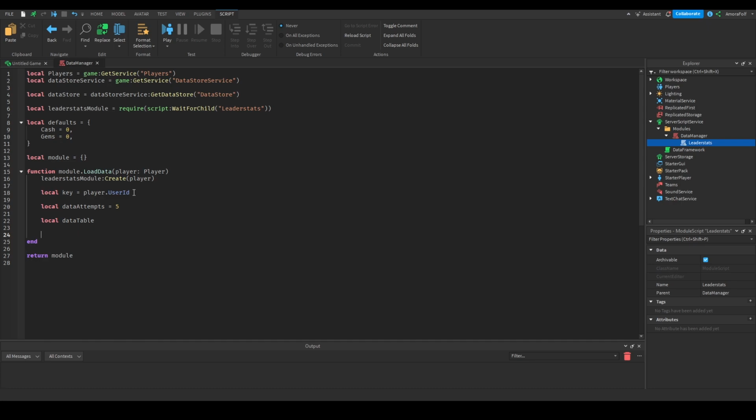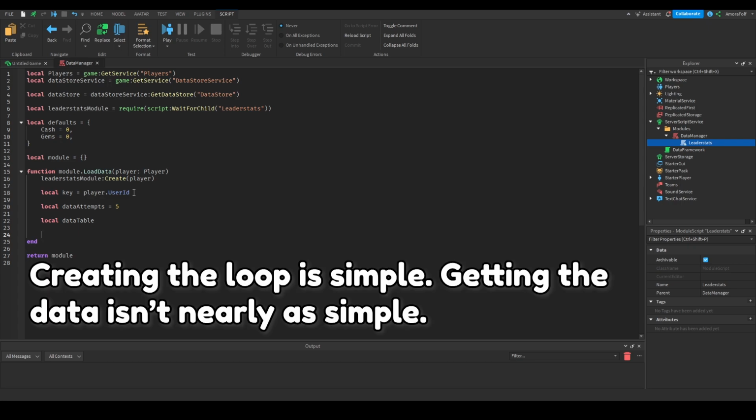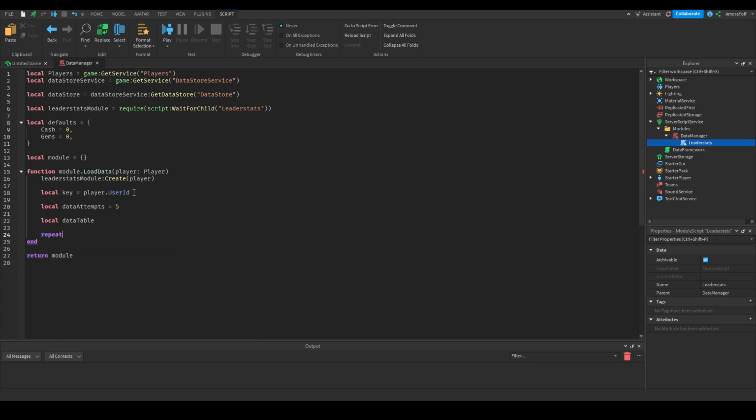And now we're going to make a repeat until loop. It's fairly simple. We're actually going to be getting the data now. We're going to do repeat, and I'm just going to hit enter. If you don't have autocomplete on enter turned on, then you want to do repeat, enter, enter again, and write until. And now, after the until, we're going to do space, success, or data attempts equals 0. And now inside of the repeat, sandwiched between repeat and until, we're going to do data attempts, not data table,